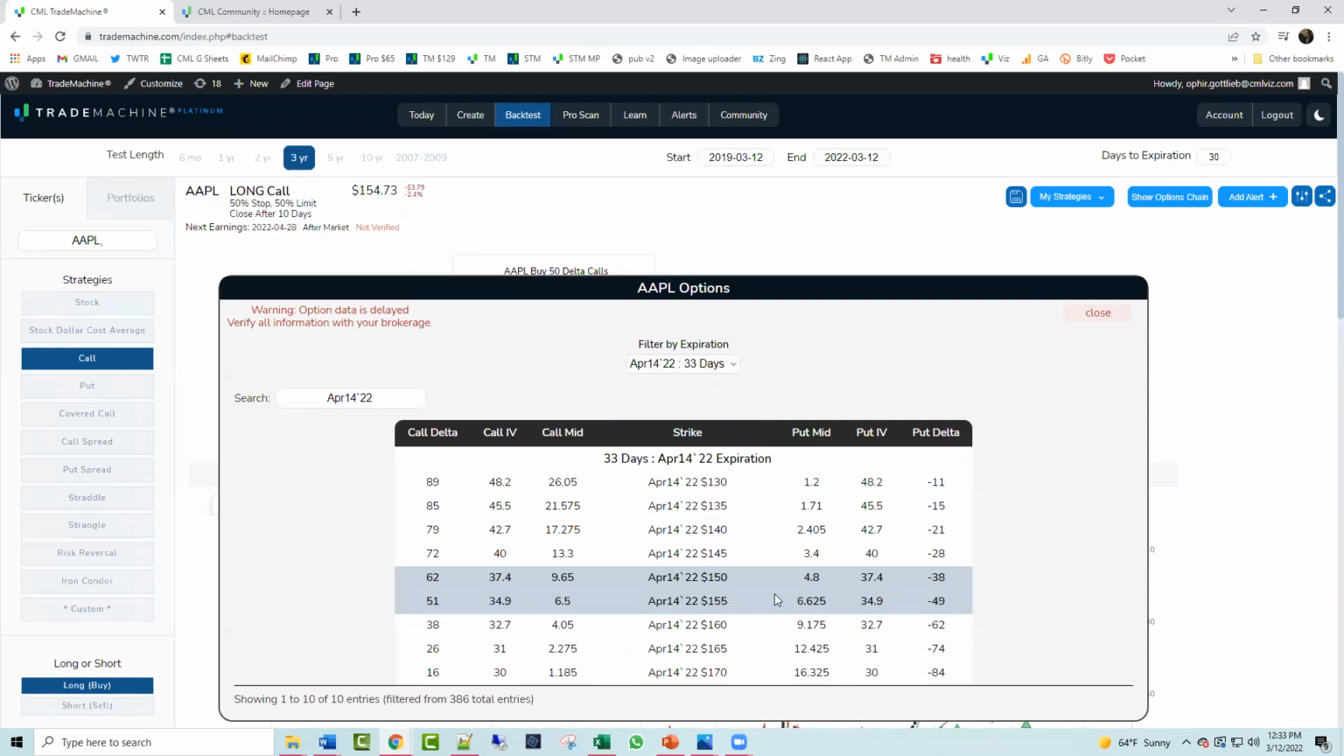So certainly you can do it on your brokerage, and you should do it on your brokerage, but TradeMachine does have option chain data intraday. Okay,